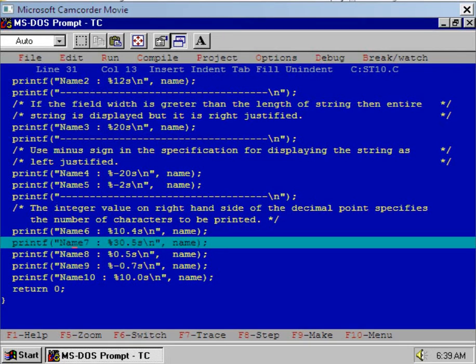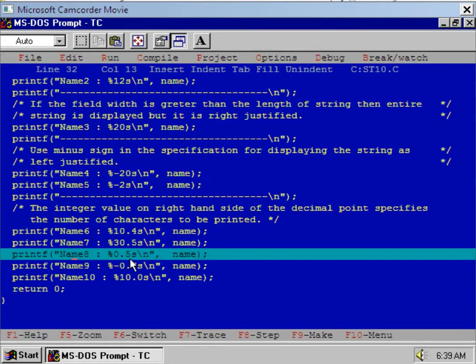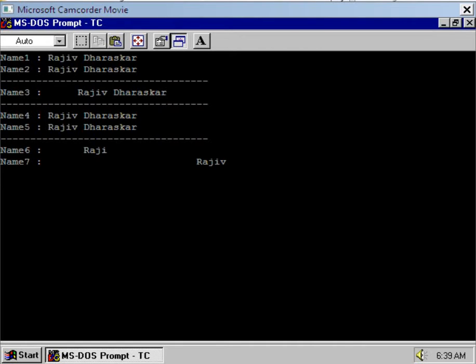Clear? Understood? Well, now the second case, I have written %30.5s. So now the width is 30 and it will display only 5 characters from the string. So see the output. The width is 30 and I have displayed only 5 characters.